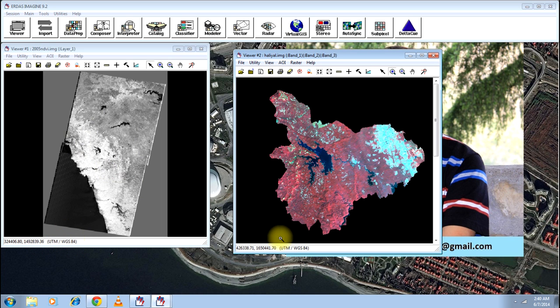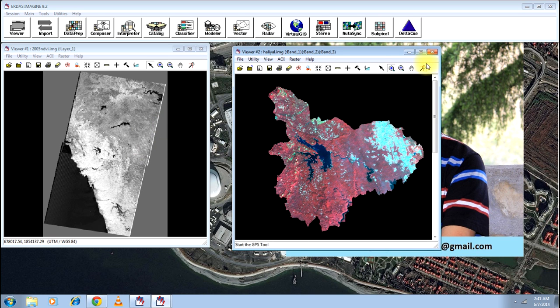You can see it. So what I need to do is create an AOI for the color image, that is, you will be creating the boundary of this image, superimposing it on the black and white image, that is the larger image, and getting the area of interest.